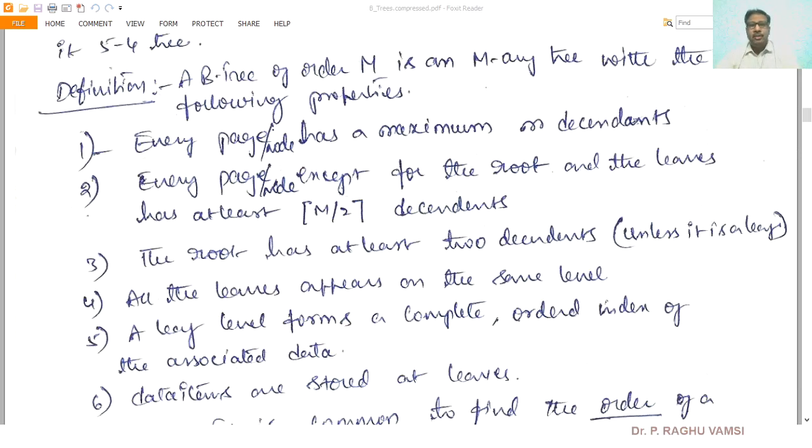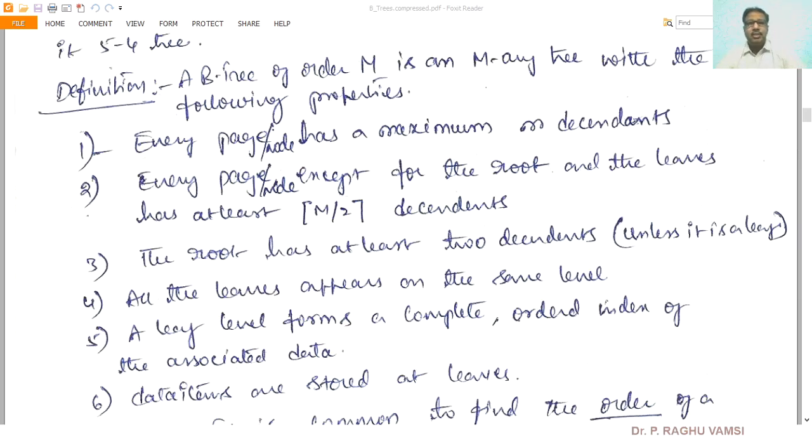In this lecture, we are going to see how to perform the insertion of elements, that is, how to construct a B tree by inserting elements into it. After insertion, how to perform searching, and we'll also see the concept of deletion of an element from the B tree.